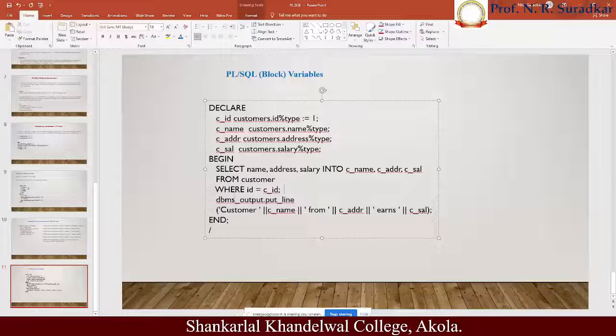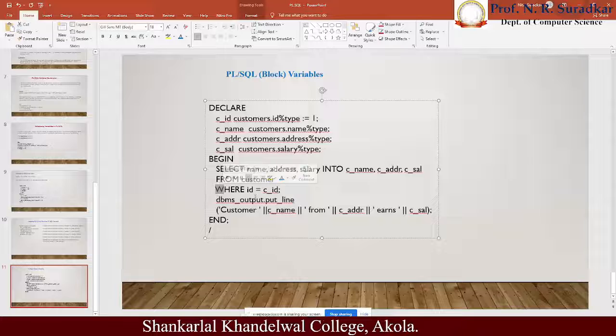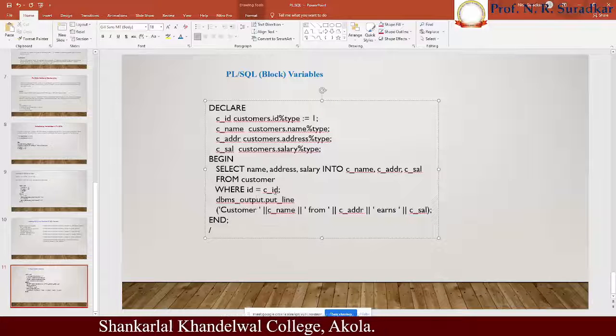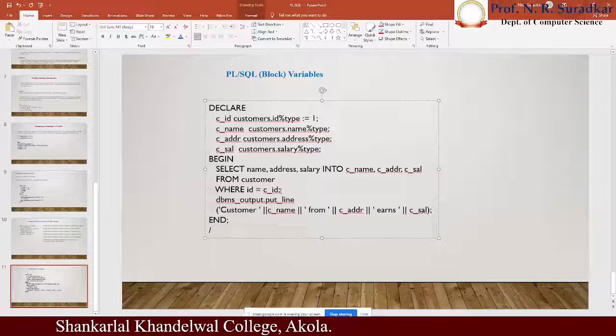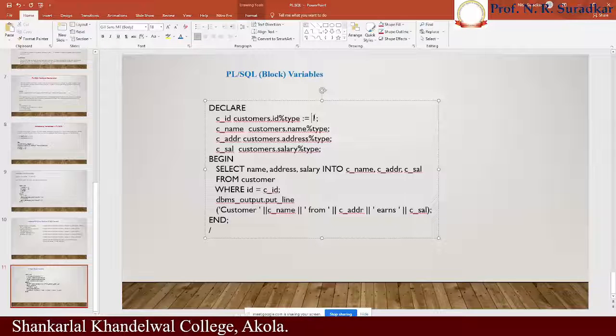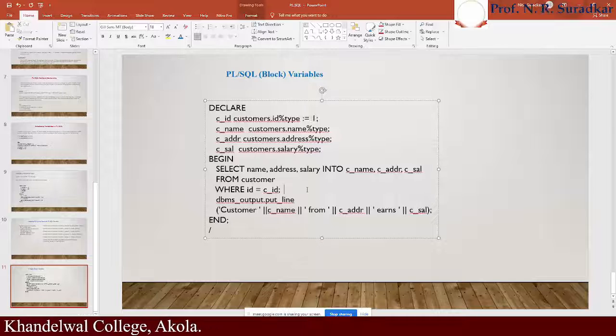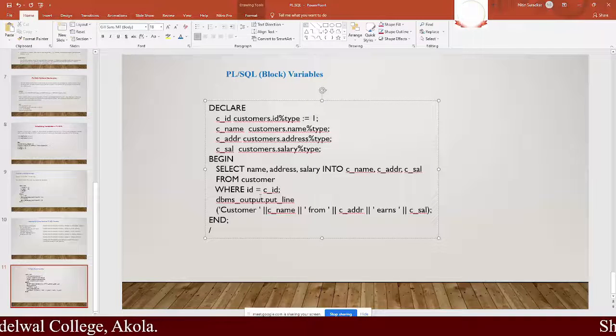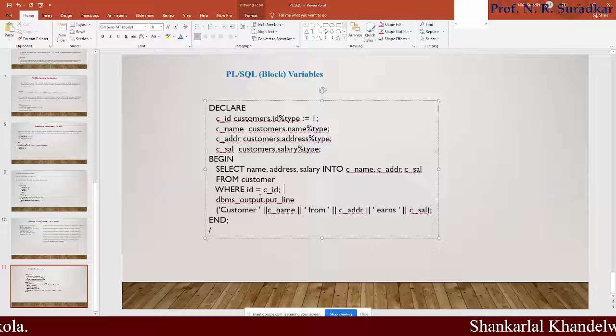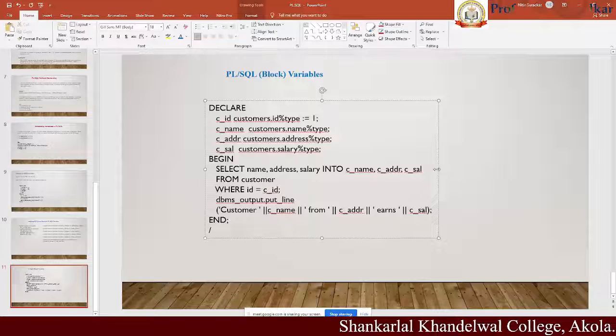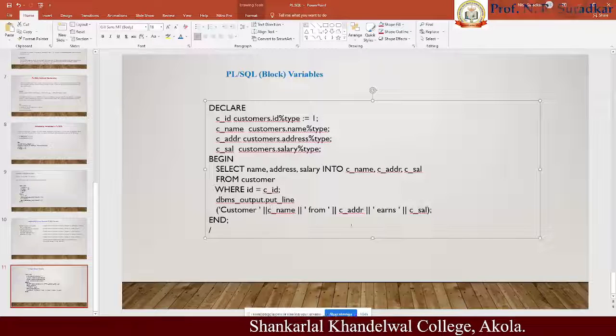Okay, and we apply the condition here: where ID is equal to C_ID, means whichever ID is held by the C_ID, that is 1. This particular ID is 1, and when this C_ID is equal to the ID of your customer table, that ID record should be displayed by using dbms_output.put_line between opening and closing brackets.